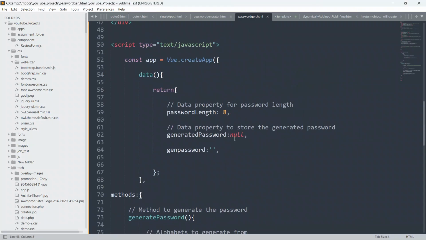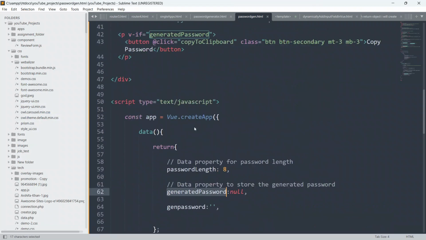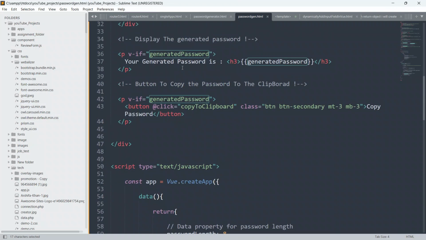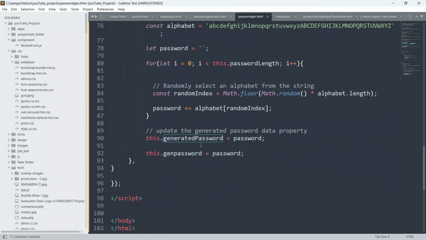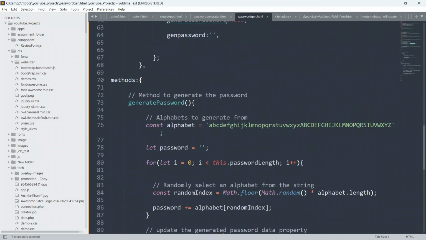So the data property generated password, this is the generated password, and as of now it is null.